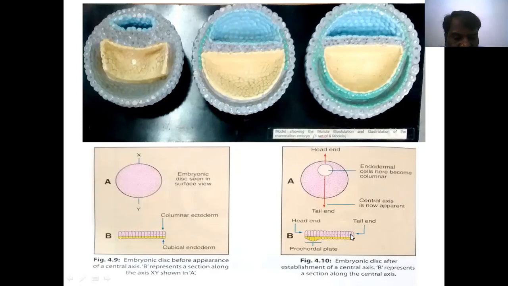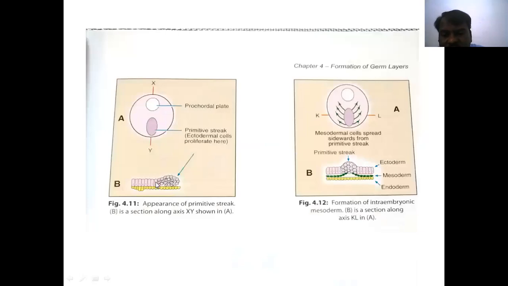Observe here, at this tail end, the ectoderm cells proliferate. See here, the ectoderm layers at one end, the tail end region, proliferate and specialized cells form. Then these ectoderm cells enlarge, pushing the ectoderm layer towards the amniotic cavity. This is the amniotic cavity here. These proliferating cells from the ectoderm form the primitive streak. From this primitive streak, the cells proliferate, going from the center towards the amniotic cavity.